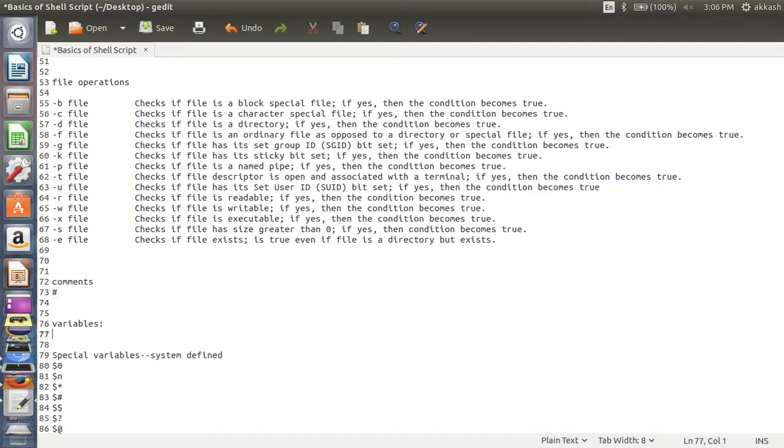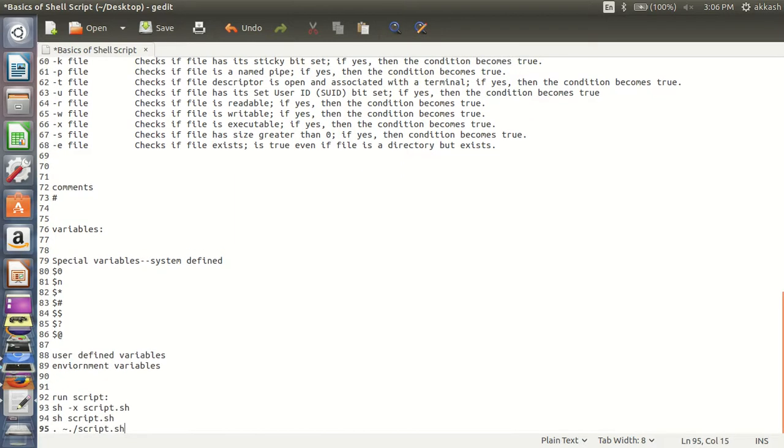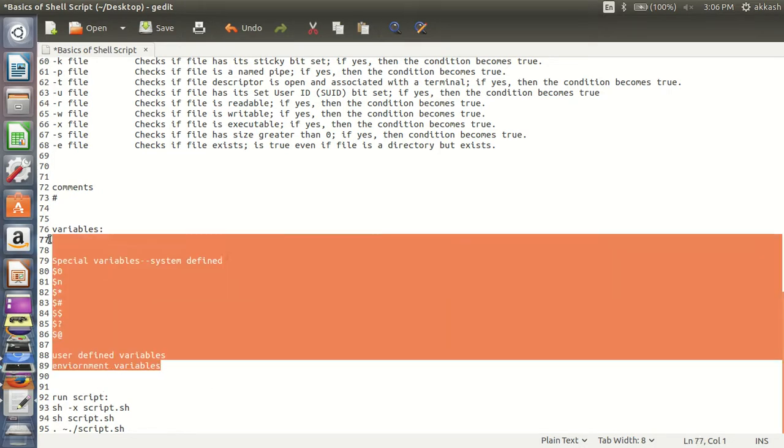Then we have variables. We have some special variables which are system defined, then user variables, then some environment variables. We'll go through them one by one.